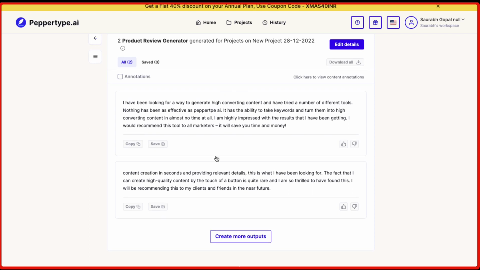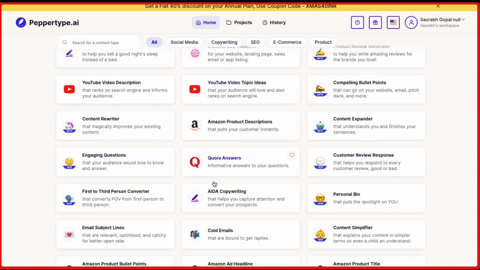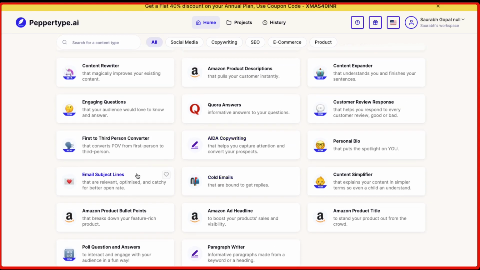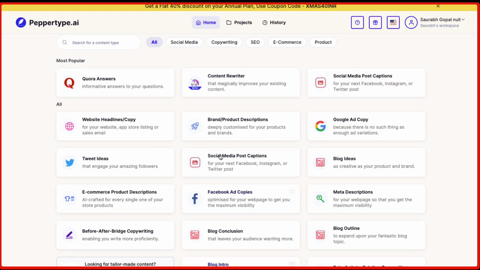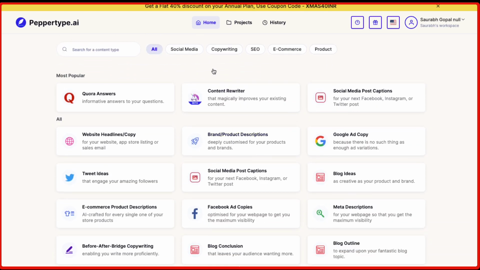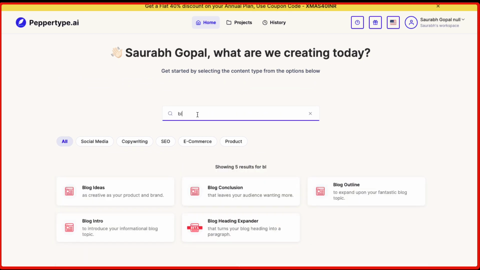So yeah, this is the review, and they have got one more, and if you want to create more you can do that. So that's a review generator which we used, and similarly you can use these different templates according to your needs. So if you want to write a blog post, you can start with the blog intro. You can also search for the template here. Let's say I want to